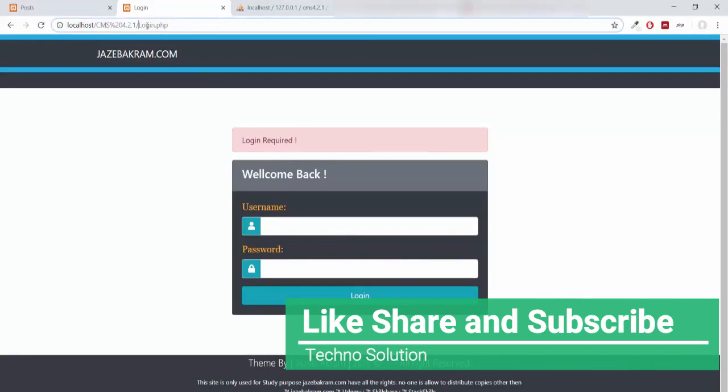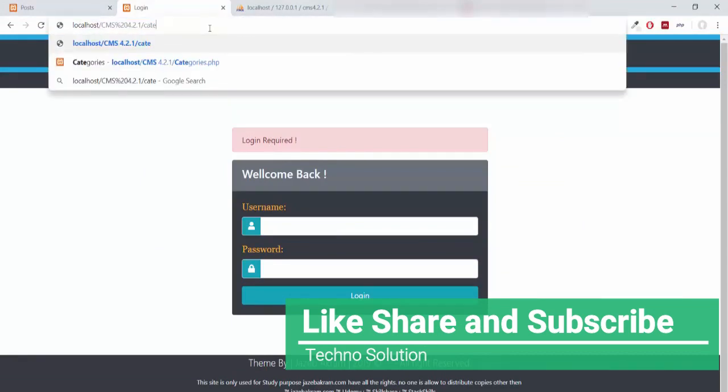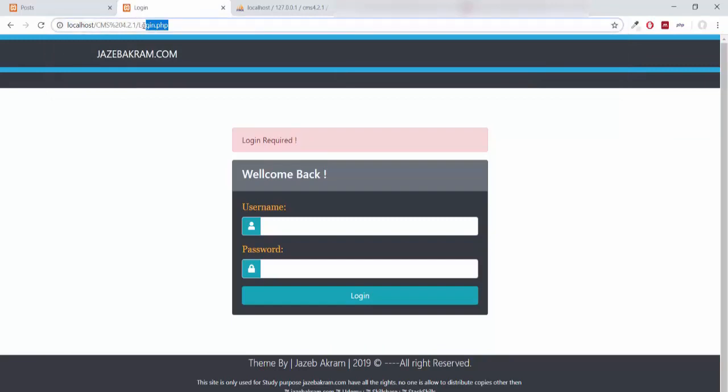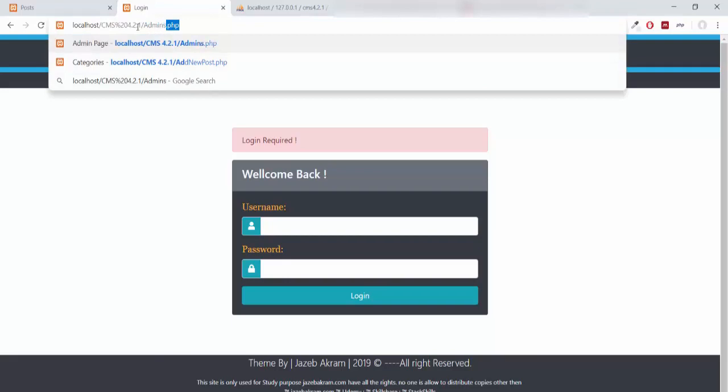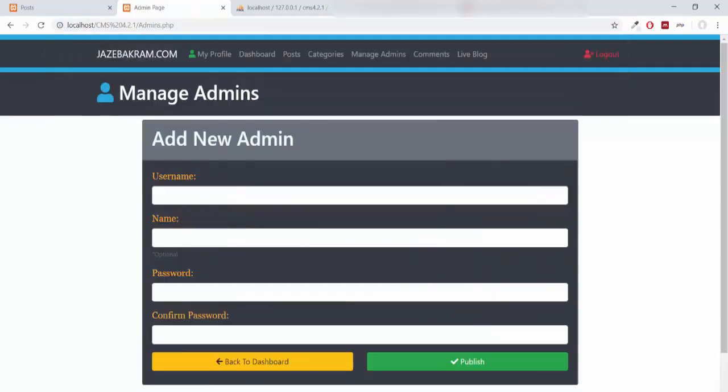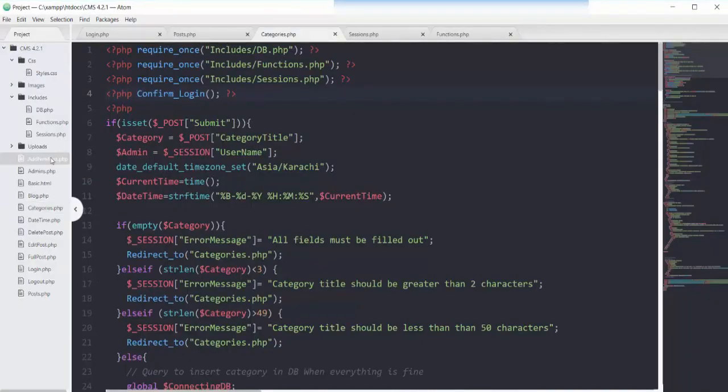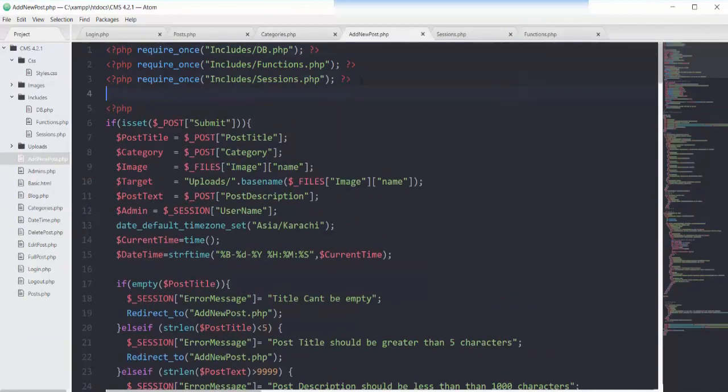So I cannot access this page of categories.php, posts.php, but I can still access non-password protected pages like admins.php.